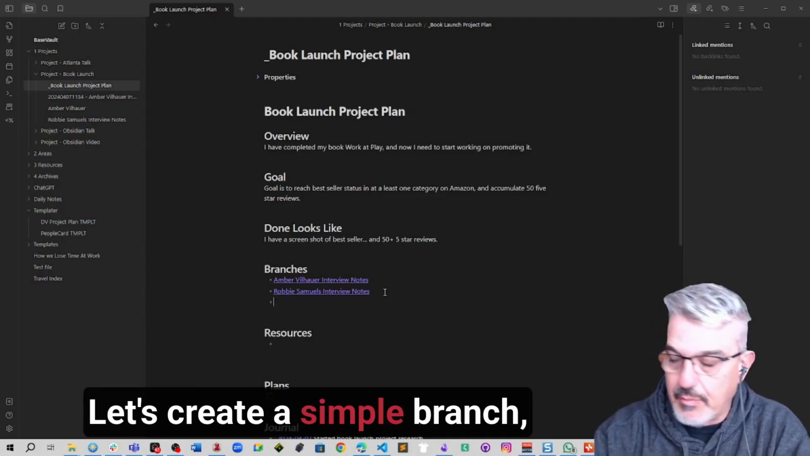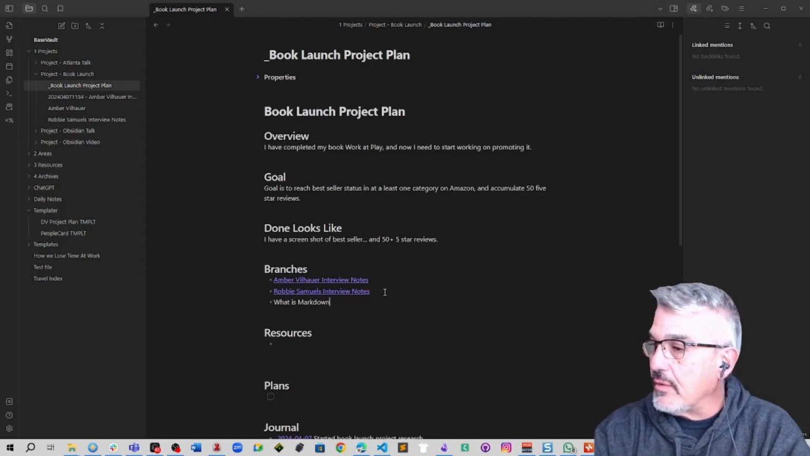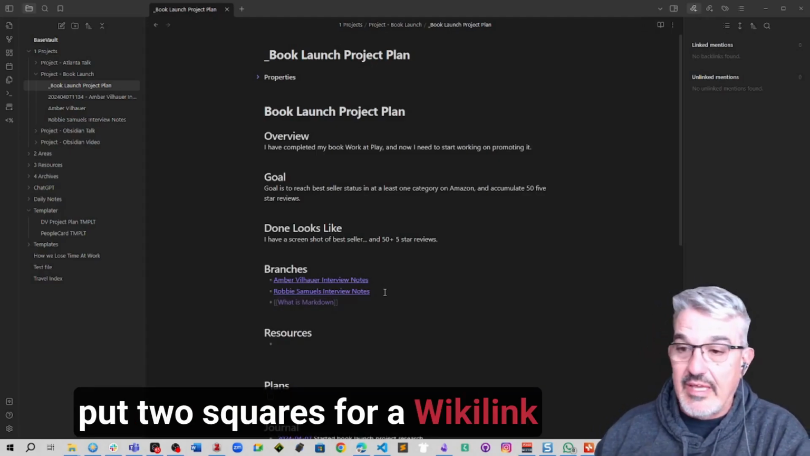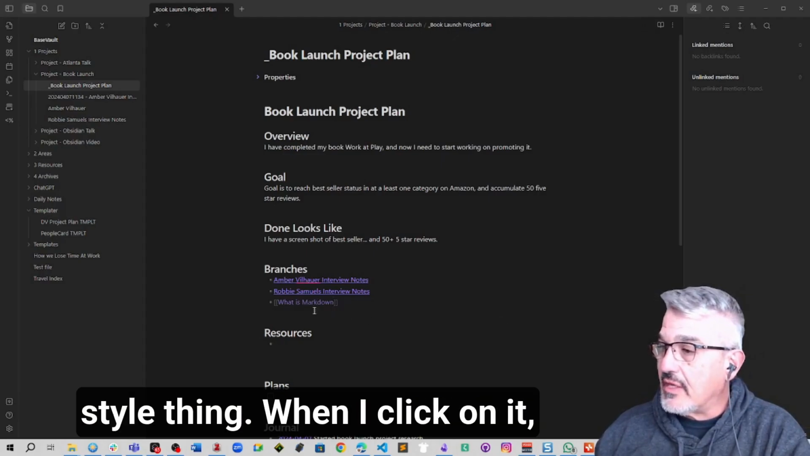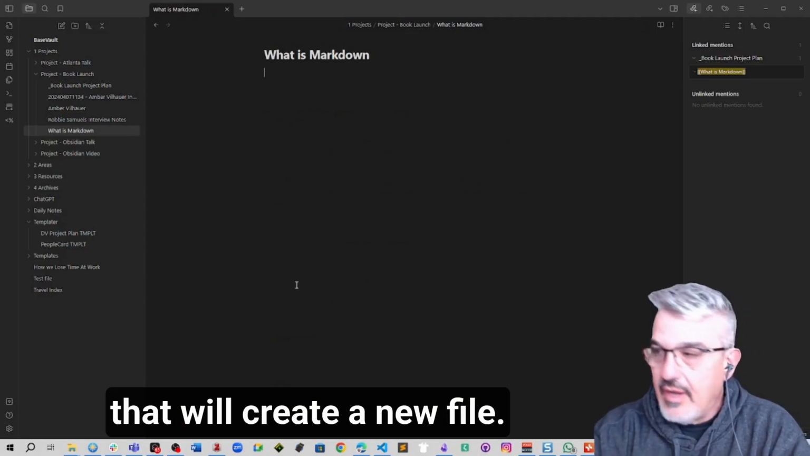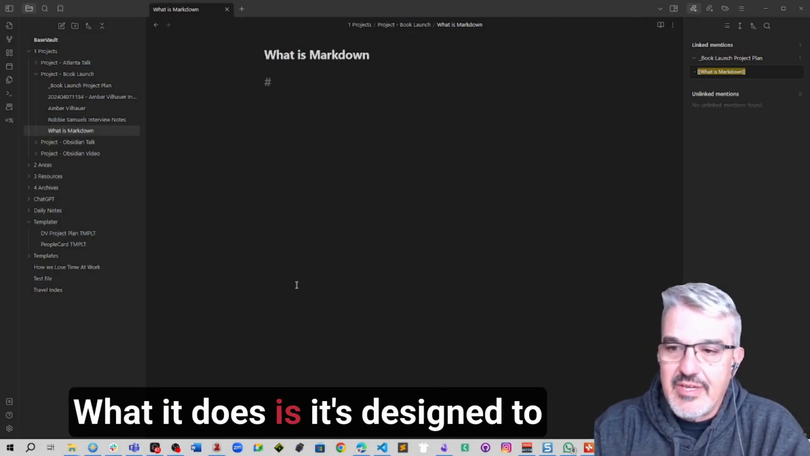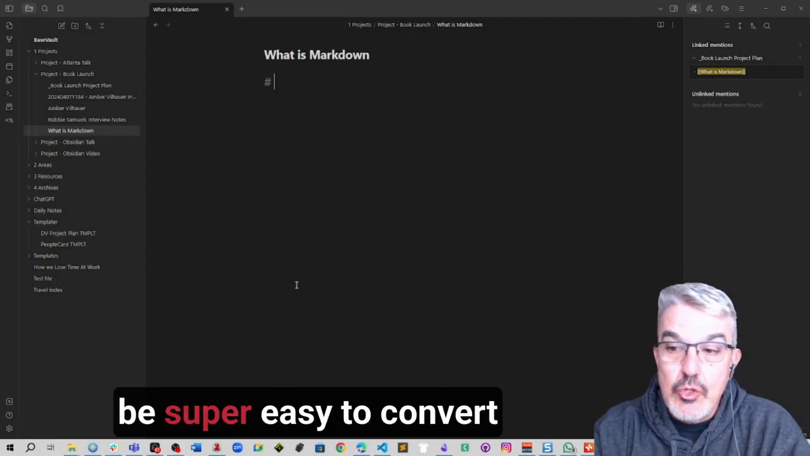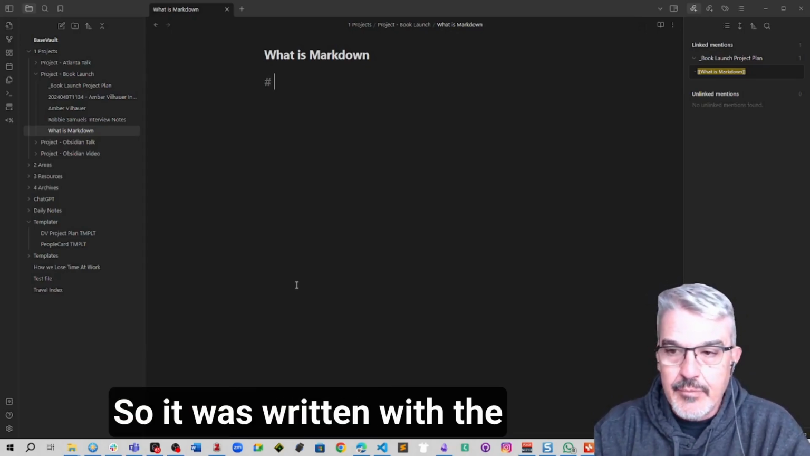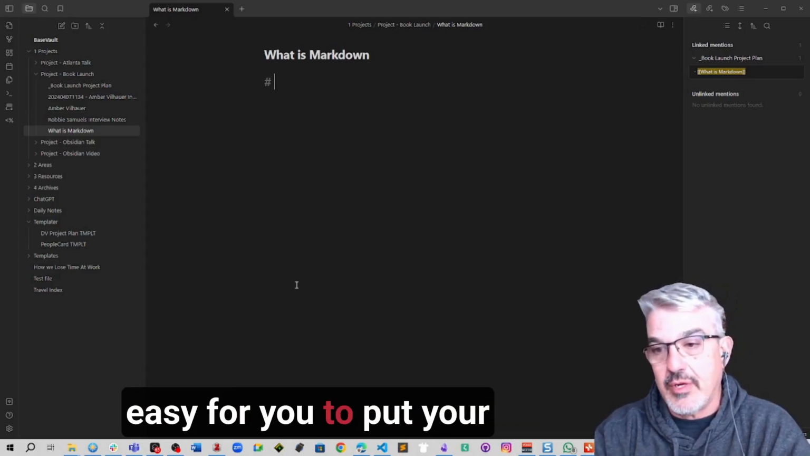Let's create a simple branch. What is Markdown? Put 2 squares for a wiki link style thing. When I click on it, that will create a new file. And what it does is it's designed to be super easy to convert to HTML. So it was written with the intention of making it really easy for you to put your content on the